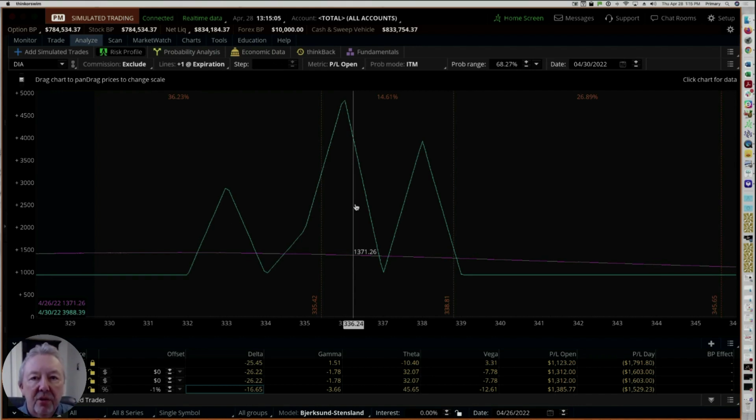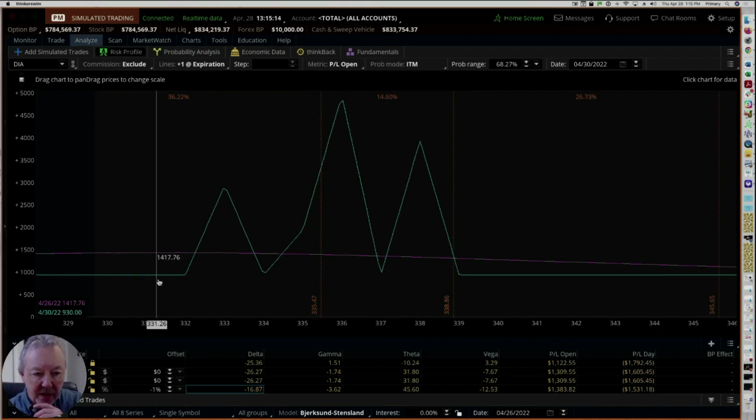And basically, there's no risk to me. So the worst case scenario is if the market comes over here and I've got $930 in profits at expiration, minus the 120 plus the clearing fees, I would probably end up making about $700 to $750, someplace around there. So this is something that appeals to me because, number one, the commissions, the adjustments, the low margin requirements. At that point, anybody can really do this.